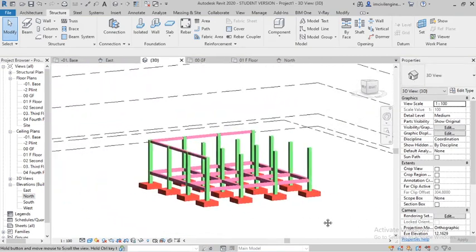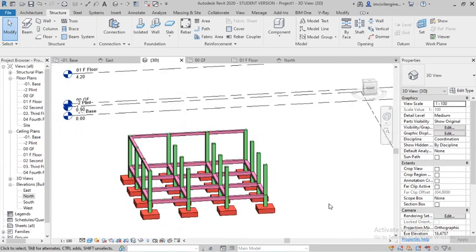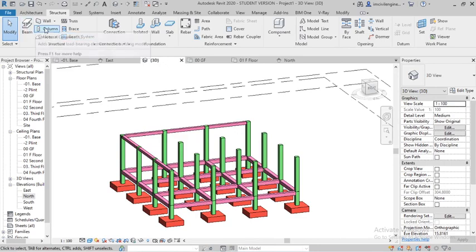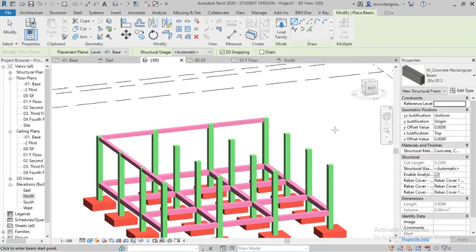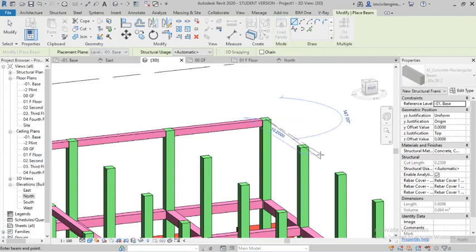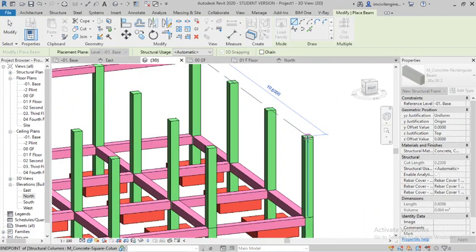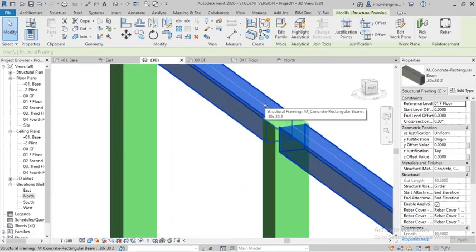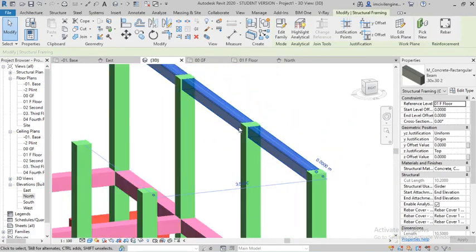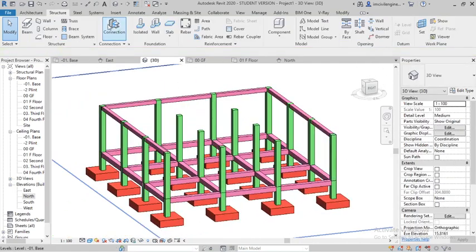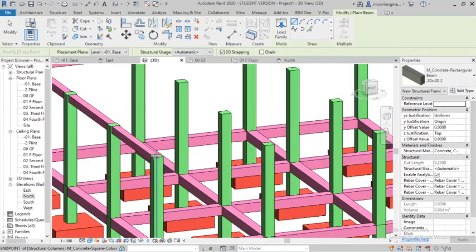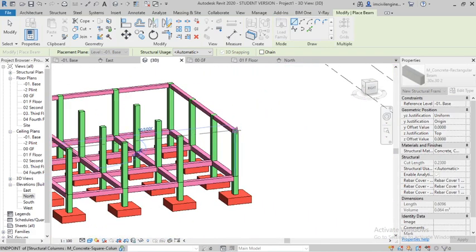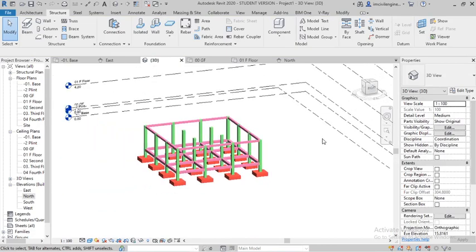So I will check the settings and I will inform. Okay. Actually I forgot that setting. So again go to beams and draw it. I'll draw from here to here. So you can see that also possible. Okay. Beams. I'm just modeling. I'm not placing any rebars here. In the next class we'll place the rebars and everything.